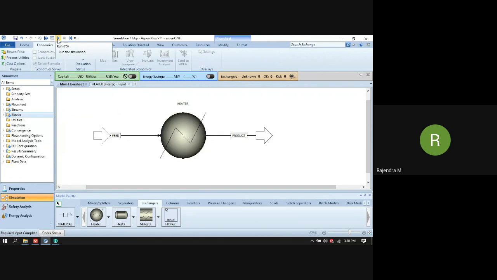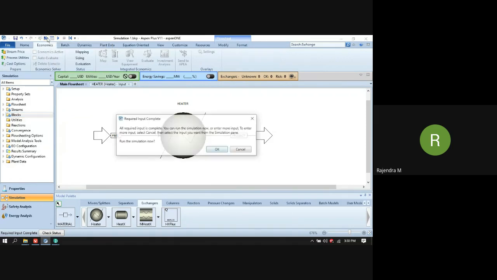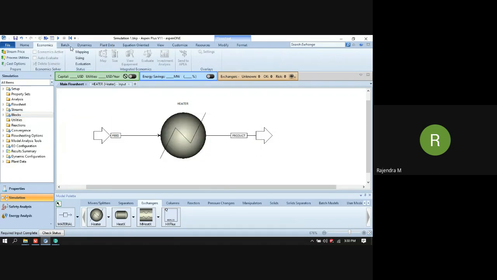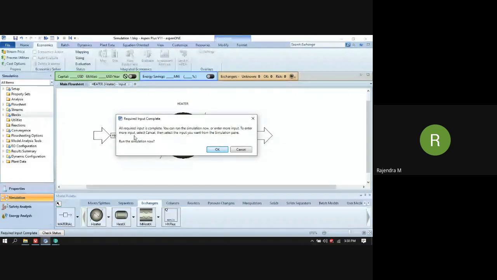You can press F5 also. Okay. If I click this next tab, it will show the message: required input is complete. All required input data is complete, and the simulation is ready for the run. So it will ask you to run the simulation now. You can click on OK.